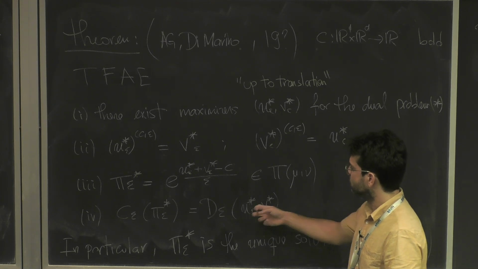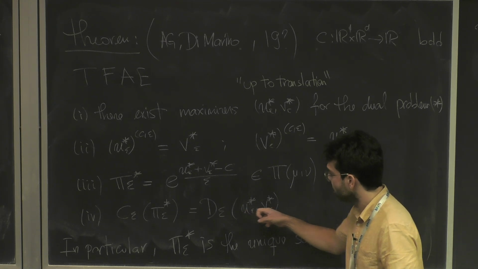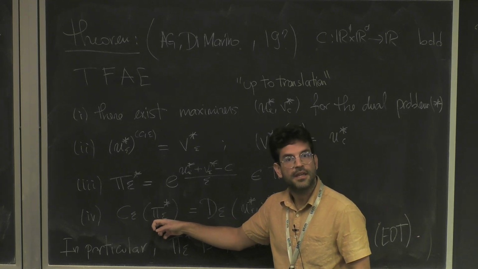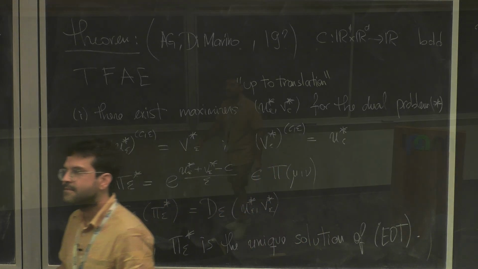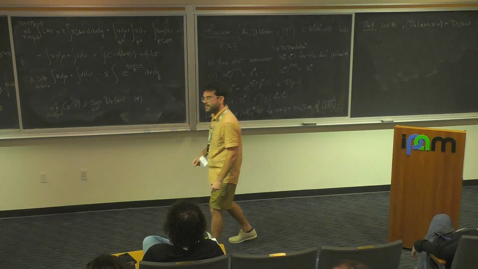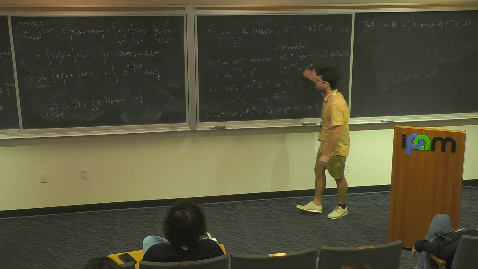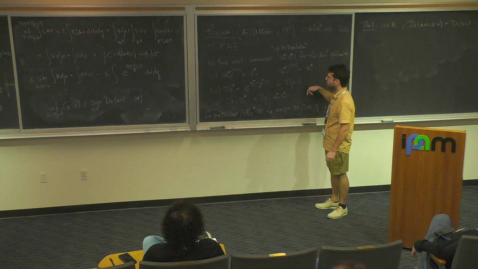But what is very nice is that if you find the U and V, you are basically finding the pi. And this is more or less in the spirit of matrix scaling, you know? Is there some kind of complementary slackness condition? So I guess this is what I'm saying on the complementary slackness.